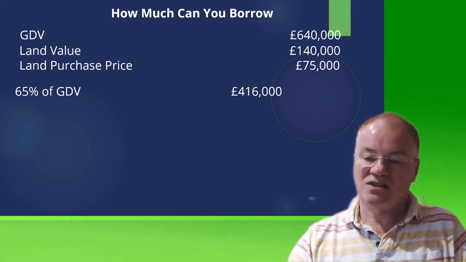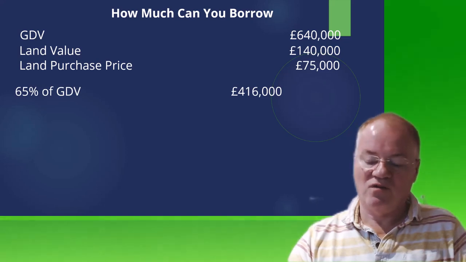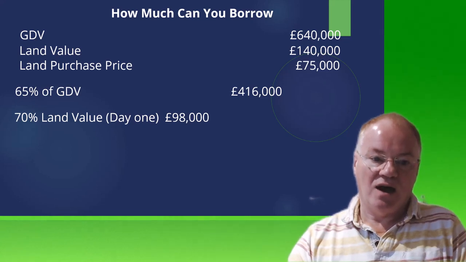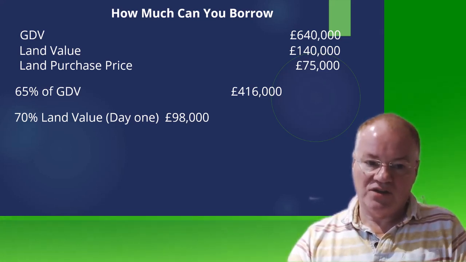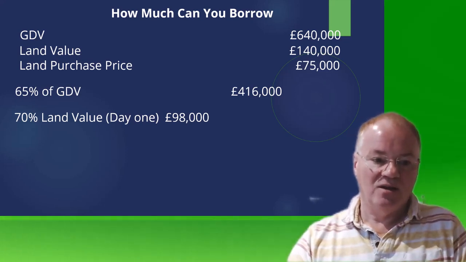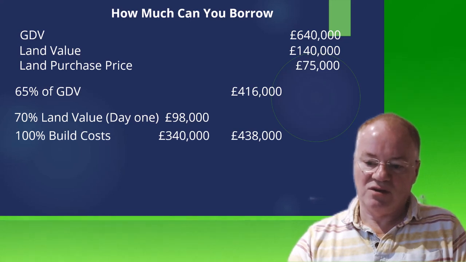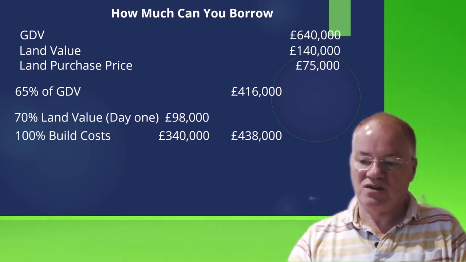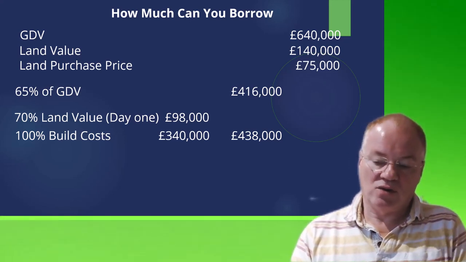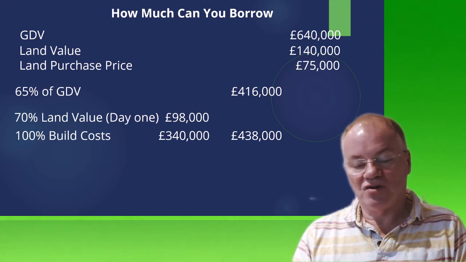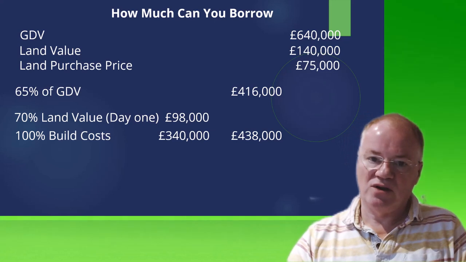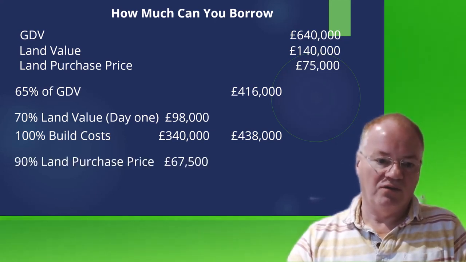So in this case, 65% of gross development value would be 416,000. 70% of the land value, and it would be of the 140,000. So the value of that is 98,000. The build costs in this situation we're putting down as 340,000. So typically, if they lend on the land value, 70% of land value, and the total build costs, then you're going to get 438,000. However, they, like mortgage companies, are going to lend on the lower of the figures, and